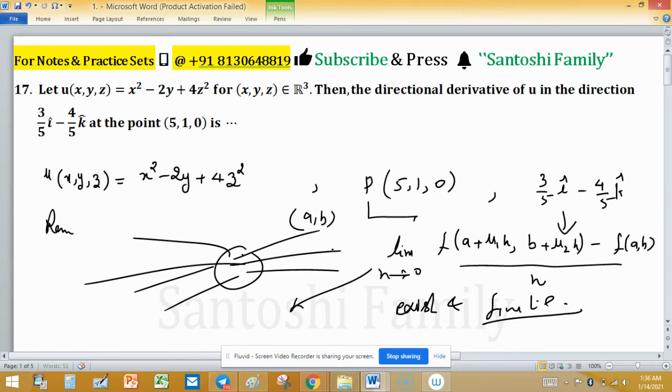You can solve this problem by this method, but sometimes it is a more convenient way to find the directional derivative as del phi, the gradient, dotted with the unit vector u cap. Normally u cap is our unit vector. As the function is defined by the letter u, never confuse it with this notation, at the point P. So it will give you the directional derivative at a point. So let us find it.